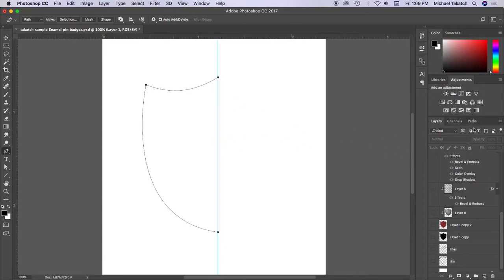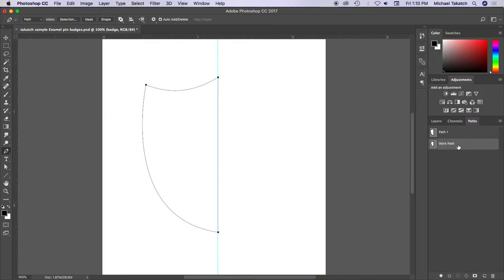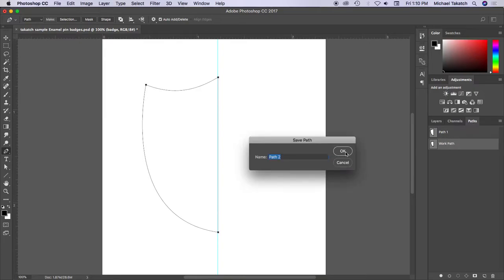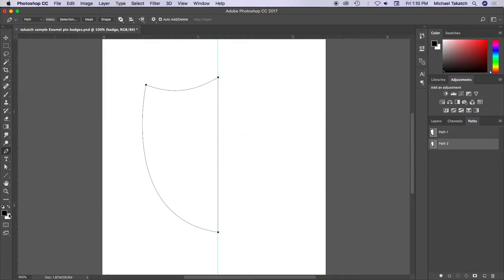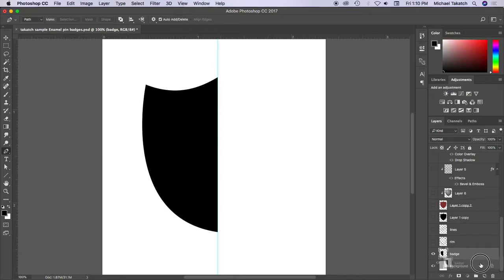And when you go into the layers, we'll do it from the background to start off. So here's the badge, and here's the path tool. The working path for that one is what it's made of. The foreground is black, just fill it. And now when you come back to the layers, you can see this, so you can duplicate it